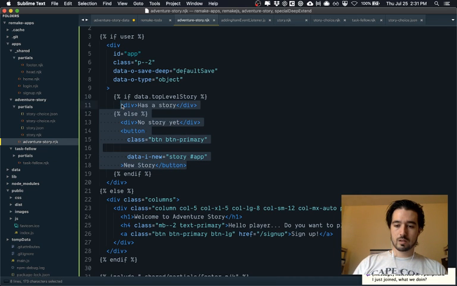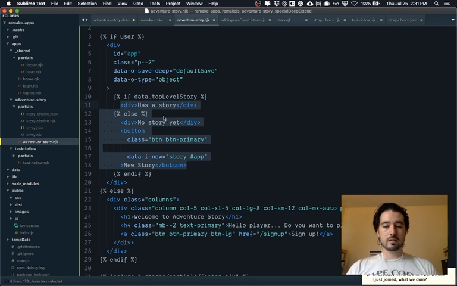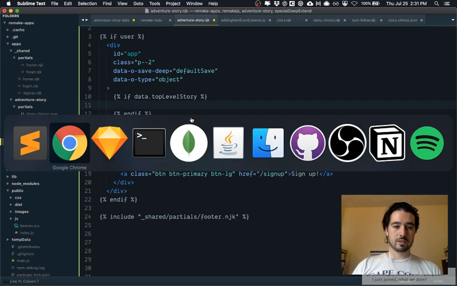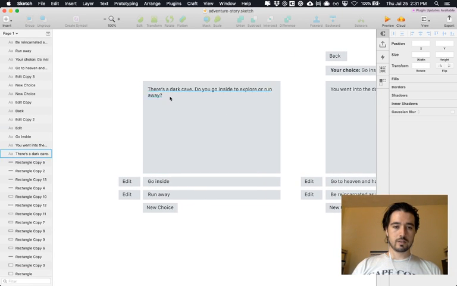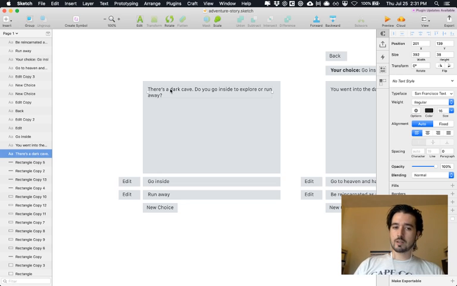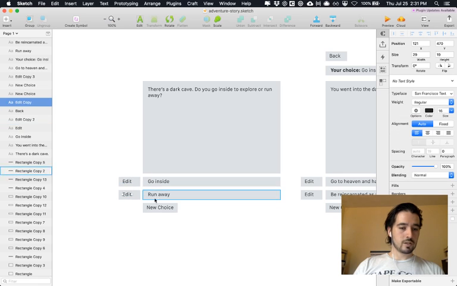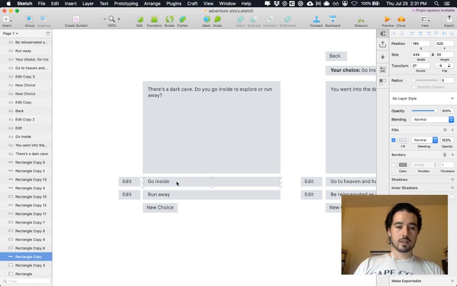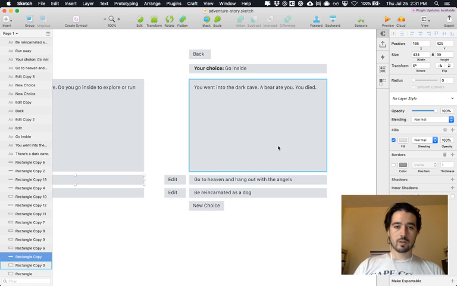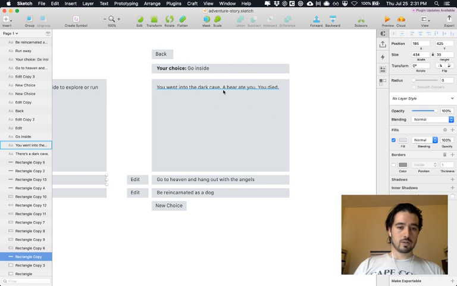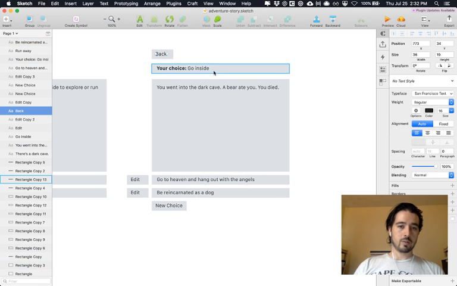Let's include, hey Nate, Native Cod. We are building a Remake.js application. It's going to look like this. So it's basically like a multi-choice adventure where you have a story, and then you have multiple choices, and you can edit those choices or add a new choice. And then if you click on one of those choices, you go into a nested part of the story that is determined on your previous choice. And again, you have the same kind of layout,